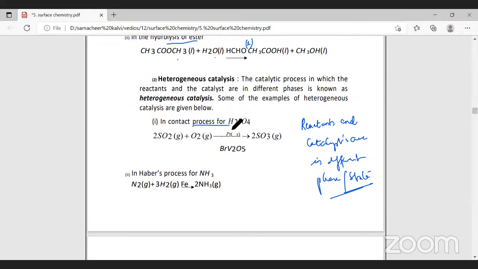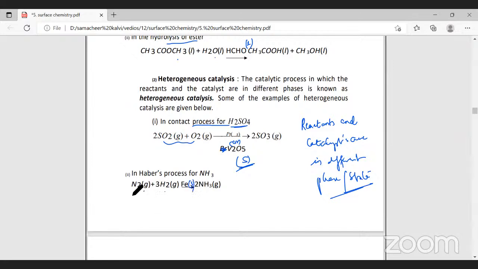In the contact process for the preparation of sulfuric acid, sulfur dioxide is a gas, oxygen is a gas, platinum is a solid, or we can use vanadium pentoxide, which is also a solid. So the reactants and the catalyst are in different phases. When the reactants and the catalyst are in different phases, we call those reactions heterogeneous catalysis. Likewise, one more example: synthesis of ammonia by Haber's process. Nitrogen is a gas, hydrogen is